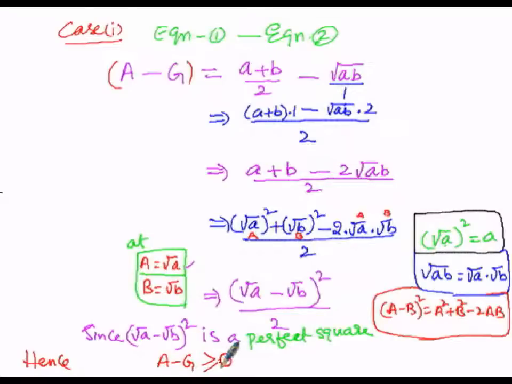Once a perfect square occurs, its value will automatically be greater than 0 or at least equal to 0. Hence, A minus G is greater than or equal to 0,